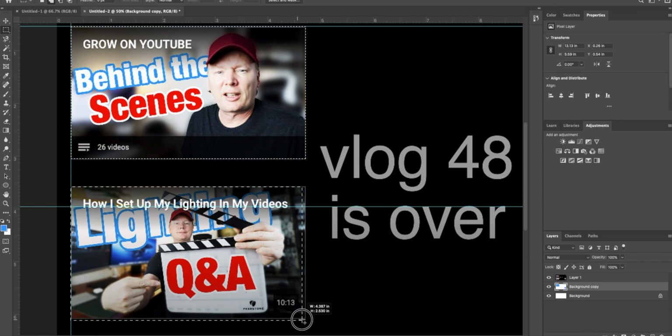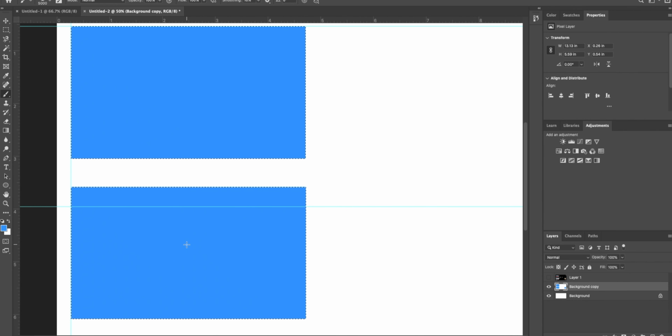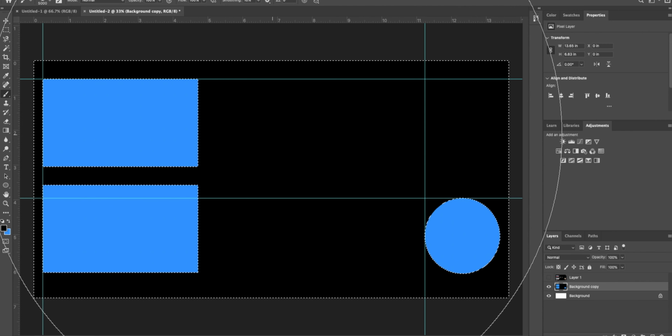And let's paint it in. Let's turn you off. Grab the paintbrush and paint. All right, so let's bring you back down to a reasonable size so I can see everything. 33% should do the trick. Let's grab the paintbrush and let's paint them. All right, I've got a black background, and now